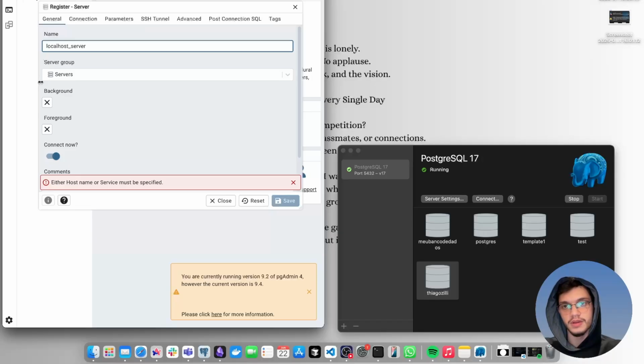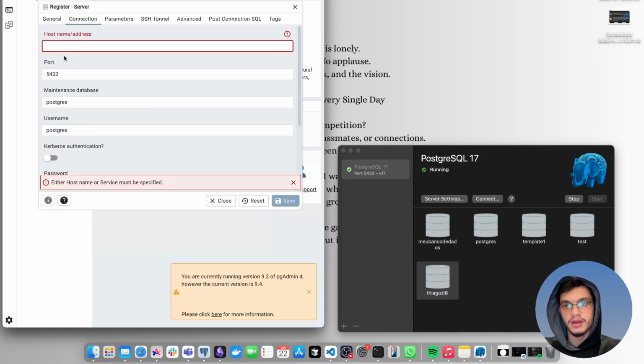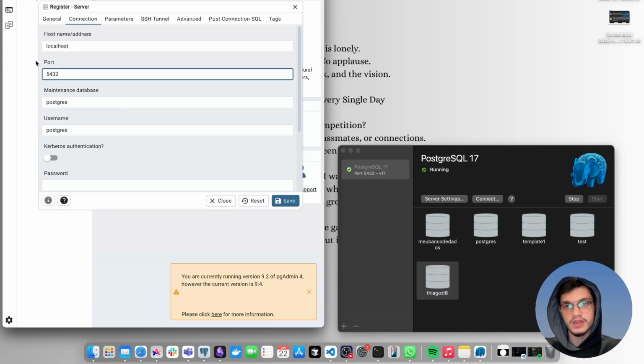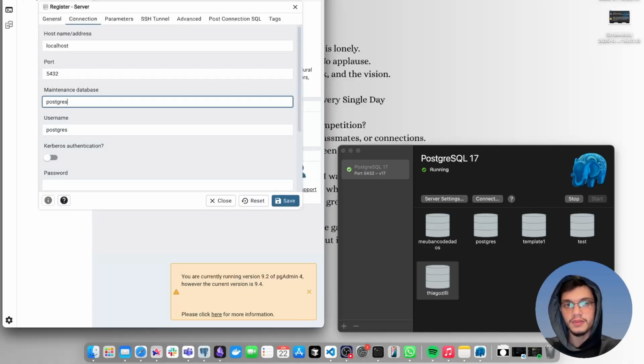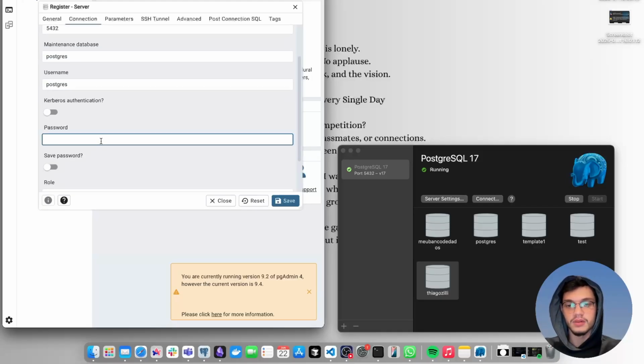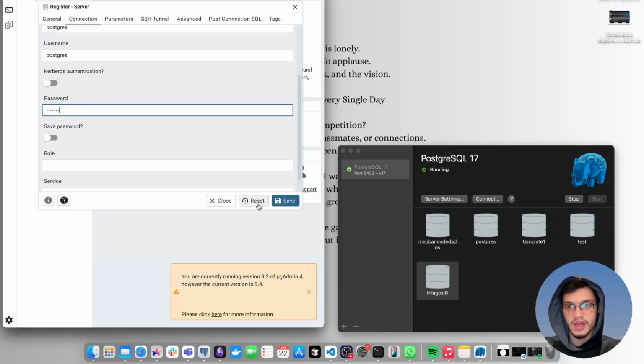It's not really important, but here it's very important, right? The host name address is localhost. The port is the default port. The maintenance database and the username are here. Please get this information and write it in a note, and write the password. I will put 1, 2, 3, 4, 5, 6, 7. Okay. Save